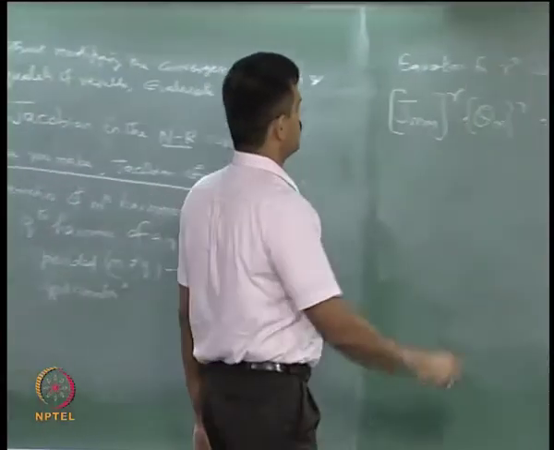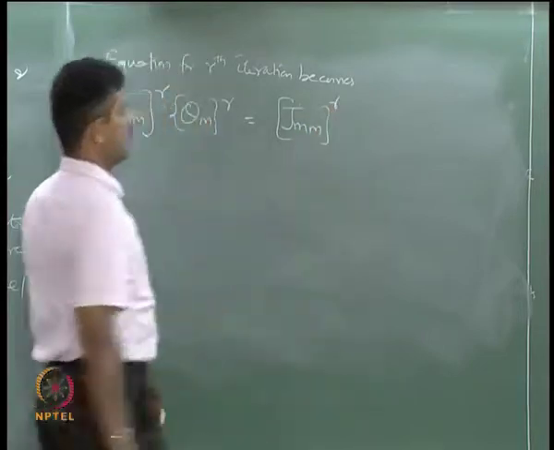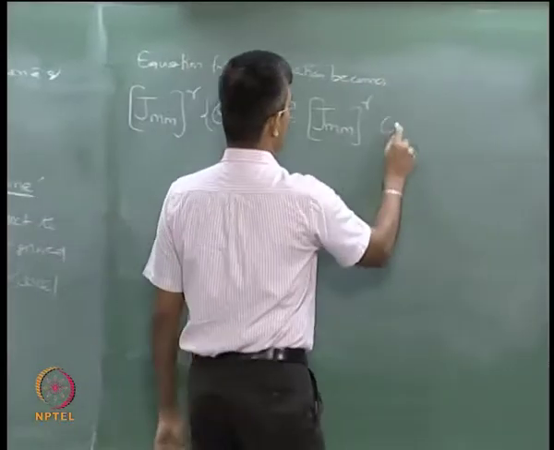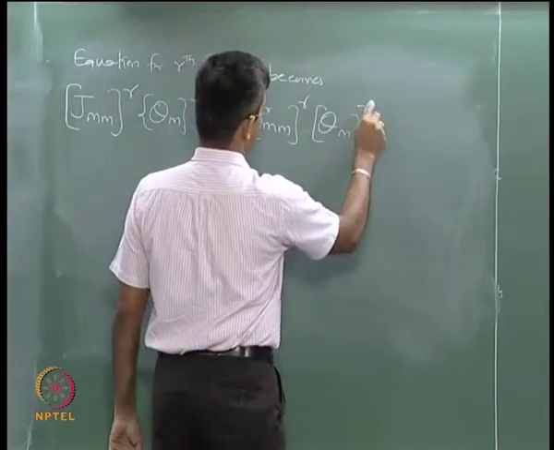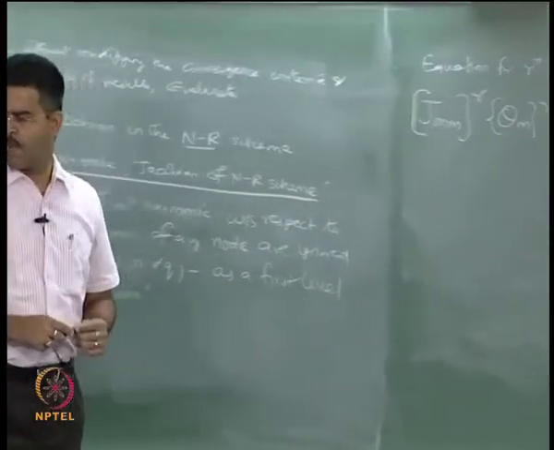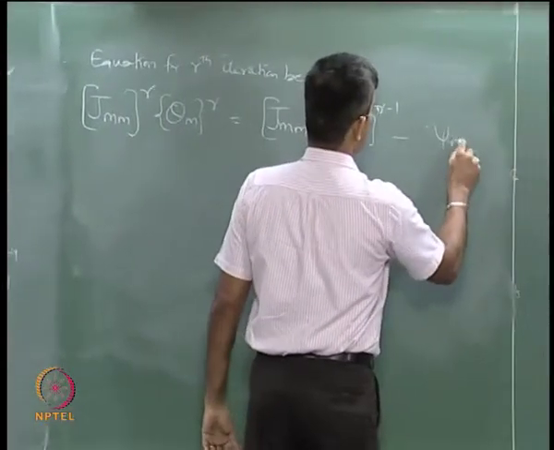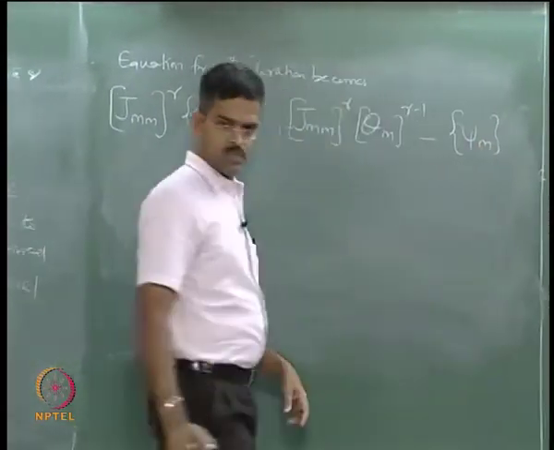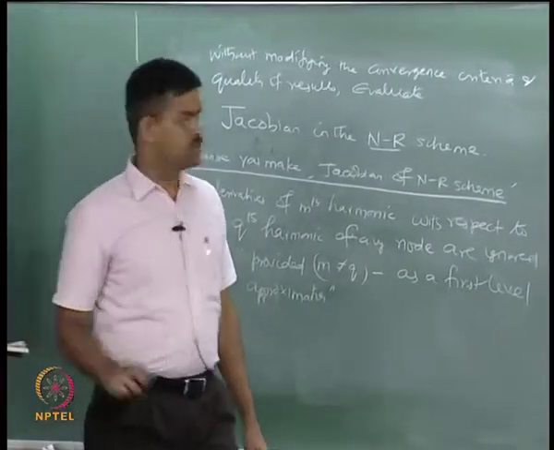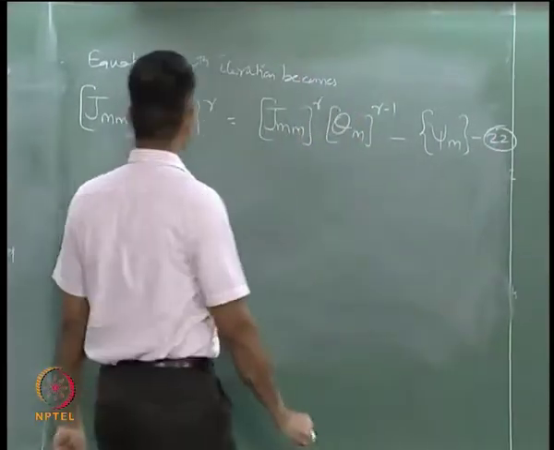So simply equal to Jmm of r times theta m of r minus 1, okay, that is what I am doing here, r minus 1, the previous one, minus of course the psi values, okay, that is my frequency components of the forcing function. So equation 22 is the number running, right,